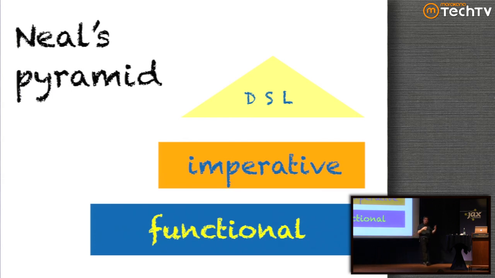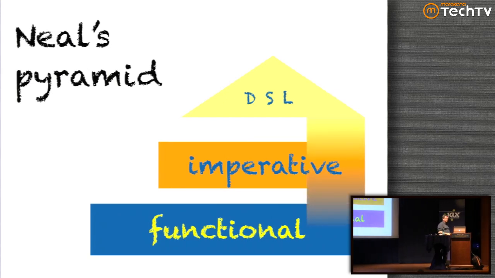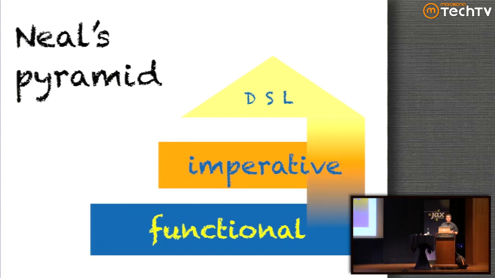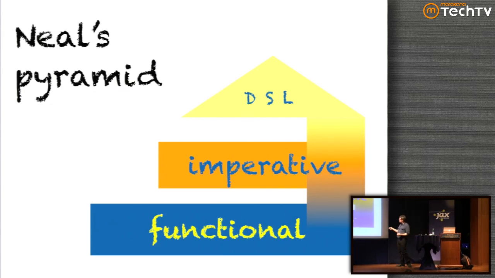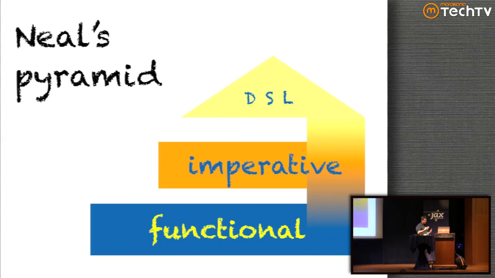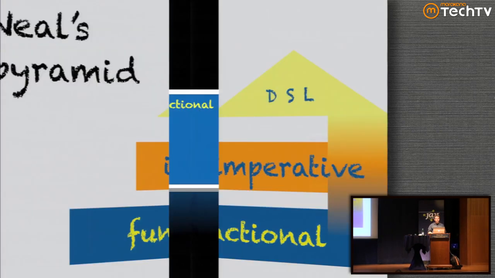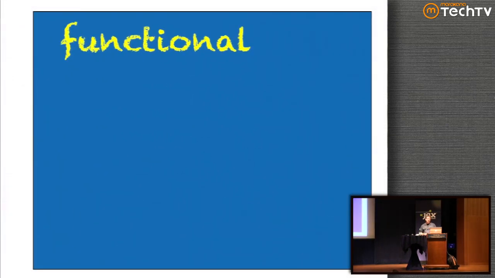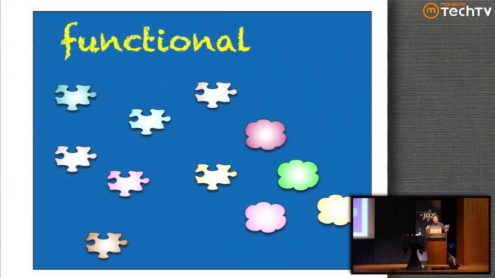And then DSLs riding on top of that still, but actually I think the DSLs don't just ride on top, they actually pervade the entire stack now. So you see a lot of DSL techniques in functional programming languages. Things like data access, SQL libraries that are done very functionally. And so I think you're going to see DSLs kind of leaking through all this stuff. And the nice thing about functional code is that it tends to encourage this idea of creating component-based architectures with good, clean boundaries between them.